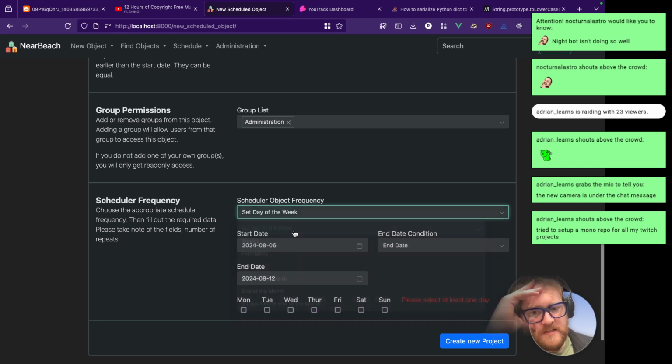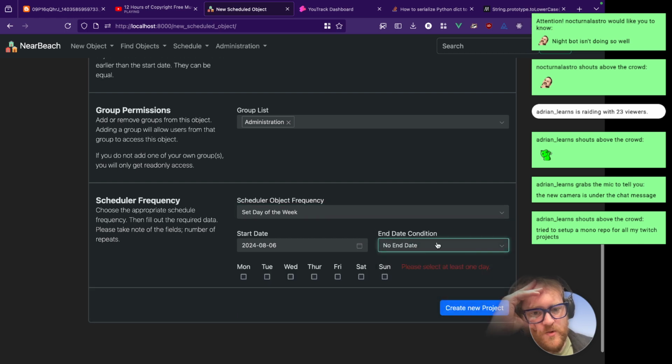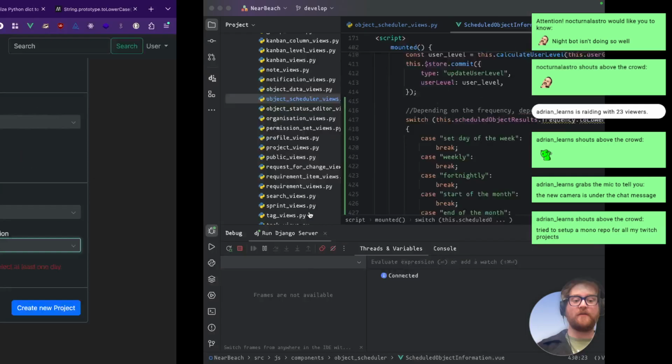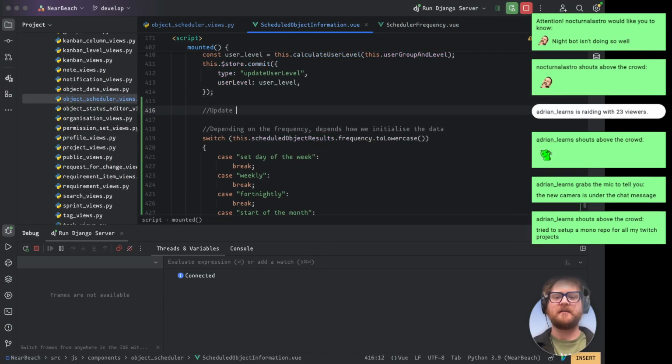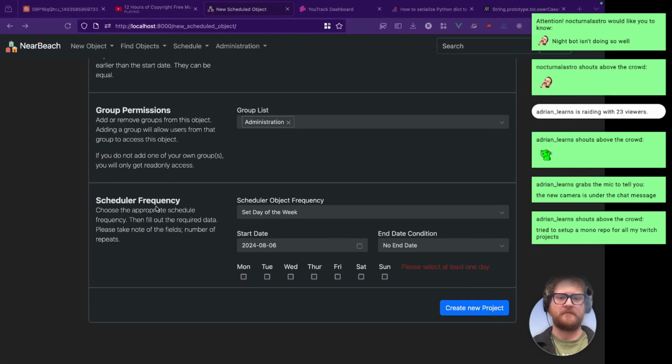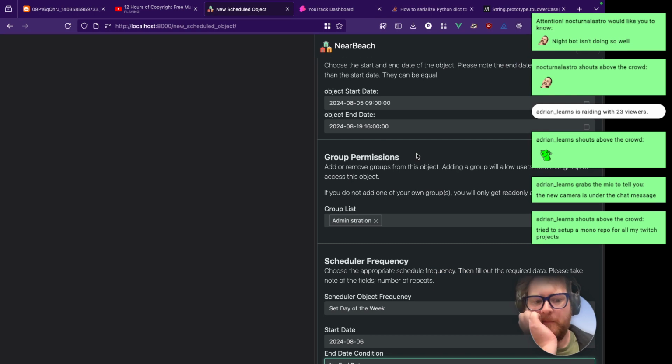So yeah, if we start with the set day of the week, I'm just going to ignore this. We've got this, this, and this to fill out. The schedule object frequency should be filled out before everything is done. So we're just going to do that. Update scheduler frequency. If we actually have a look at the admin,